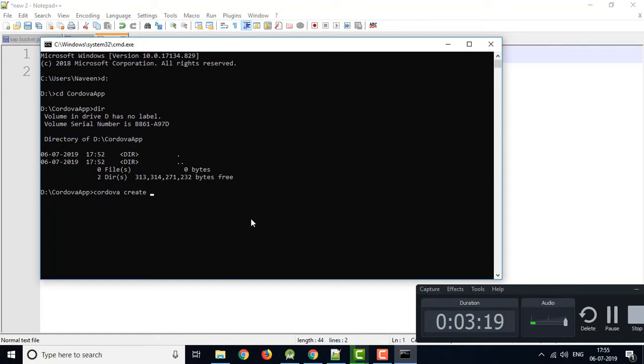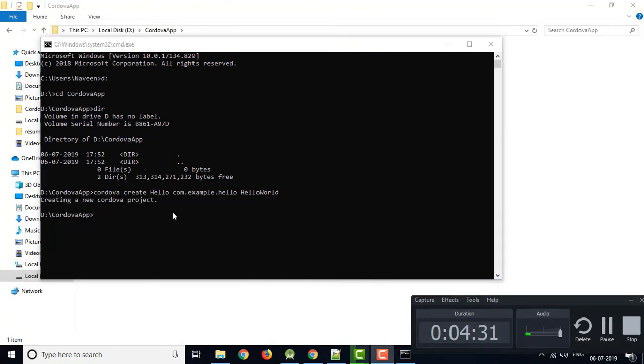Cordova create, then hello, which is my project name and will create one folder on my drive. Then com.example.hello, which is my package name, and then the app name. Whatever you want you can give. Now hit enter and wait for some time to create this project.